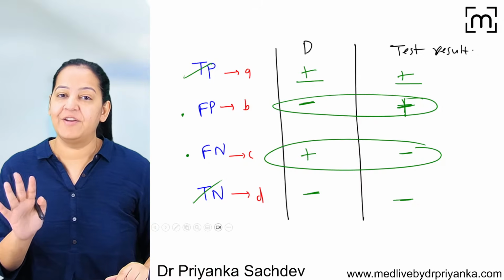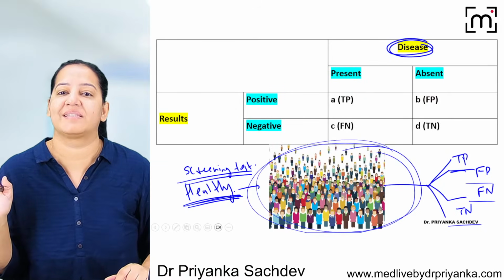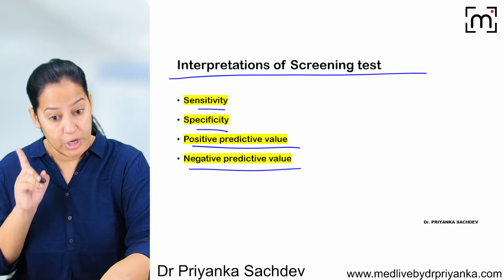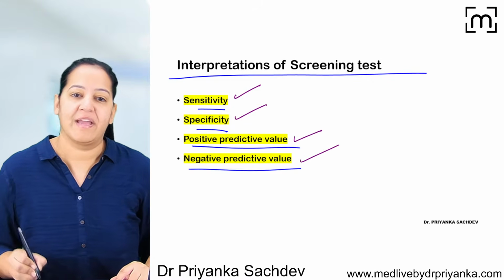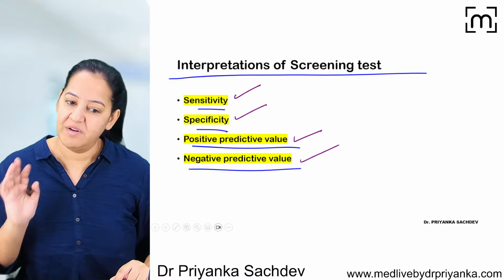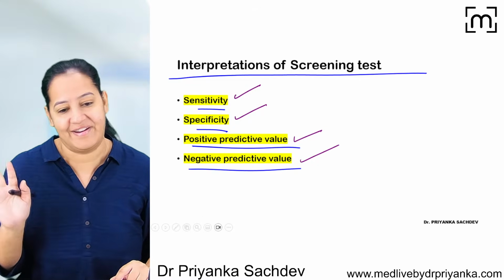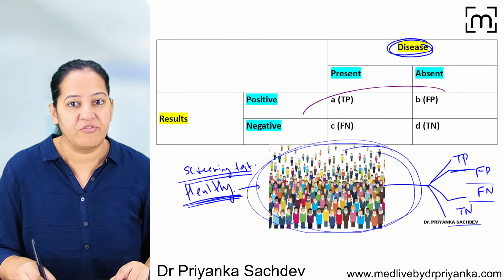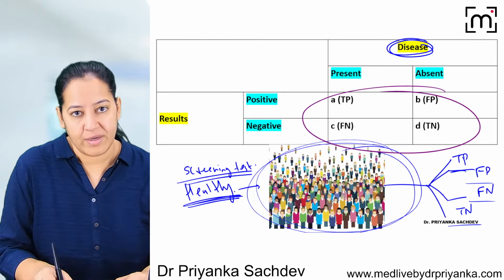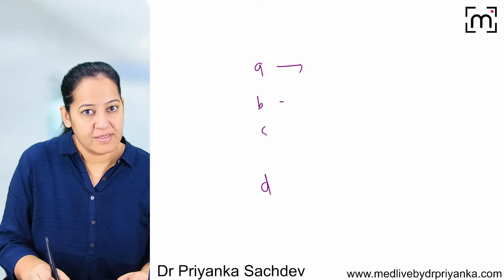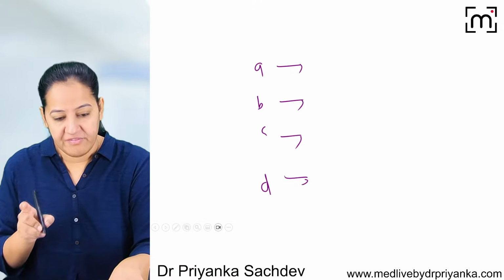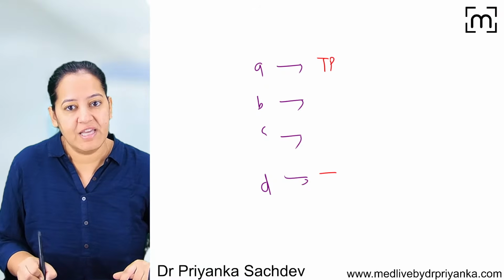If this concept is clear in your mind now, the things are very easy to understand. So I will explain now. Now you are ready to understand what is sensitivity, specificity, positive predictive value and negative predictive value of a screening test. You will understand all 4 terminologies very correctly. If you have understood the concept of ABCD, never forget what is A, what is B, what is C, what is D. I will tell you the formulas in terms of ABCD. Always remember A is true positive, D is true negative.